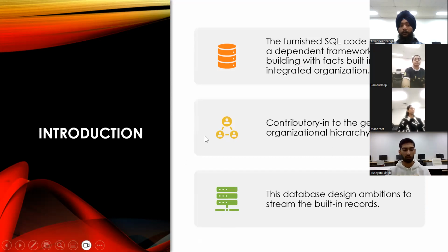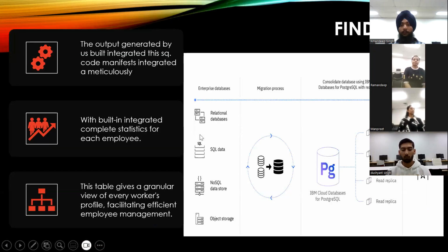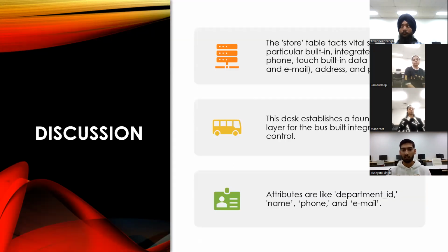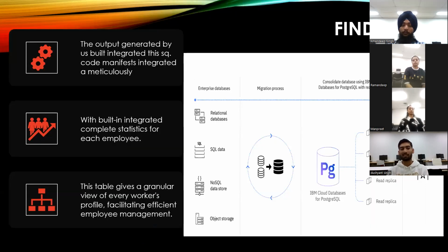Hey, I'm Dushyant, and I'll be talking about this furnished database as a whole. This database represents a dependable framework for handling facts inside an integrated organization, and it encapsulates the critical entities, relationships, and integrated reactions in a well-built manner. This organization is built on three core tables: the store, department, and employees, as discussed by Raman. Each of the entities serves its purpose and is connected to the other one. And if we talk about the SQL code,